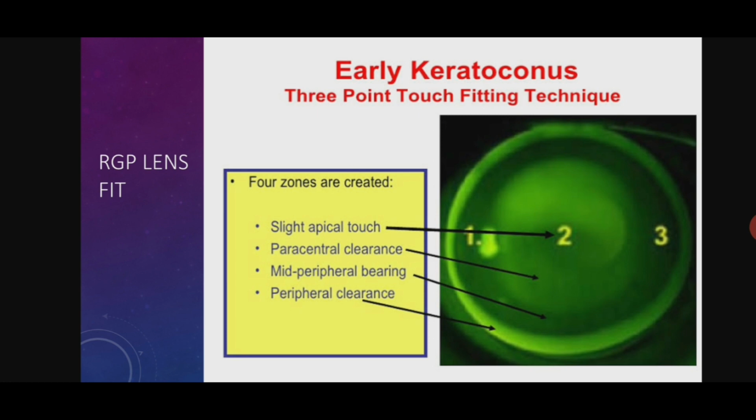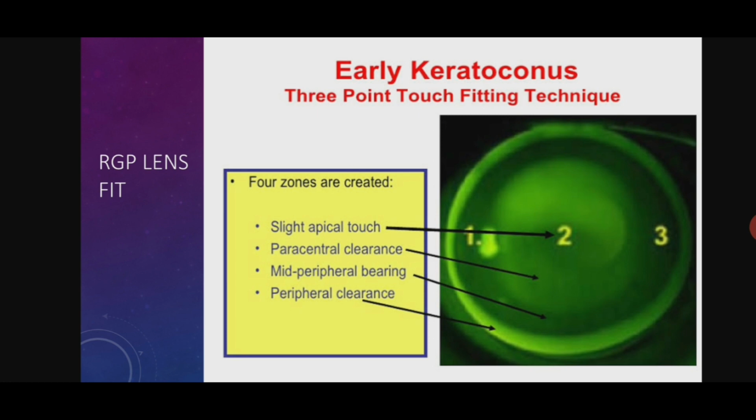For a keratoconus fit, we should be very careful while fitting the cornea, because if the contact lens touches the cornea at the keratoconus cone, it can rupture the cone at any moment, and it can cause progression of more and more keratoconus. We should be very careful while fitting a contact lens in the keratoconus eye. We can go with a little steeper fit, that is fine, but the lens should not touch the cone in any way.